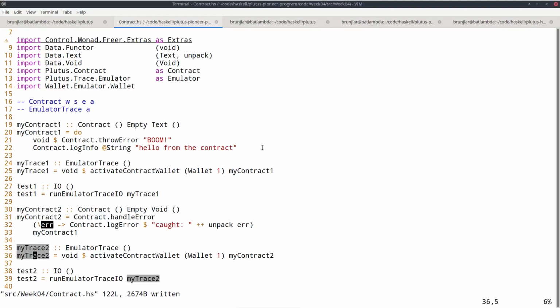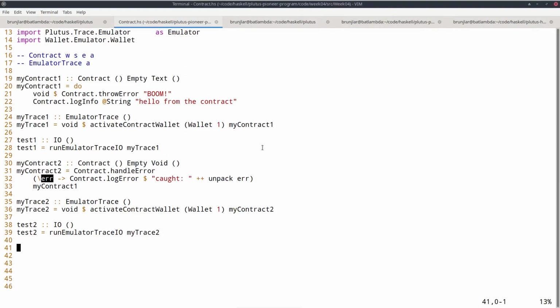Let's talk about the second type parameter, the S, next, which specifies the endpoints. So the way this is normally done is that we define a type synonym and call it something with the word schema in it. But of course, that's just a convention. So let's call this MySchema.